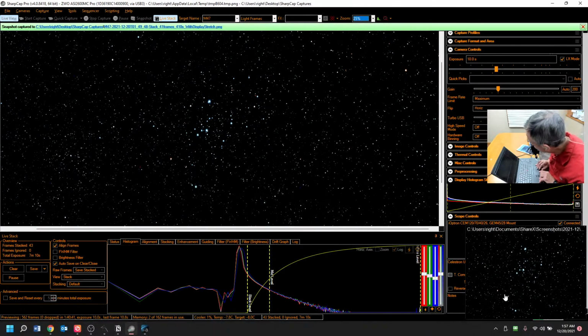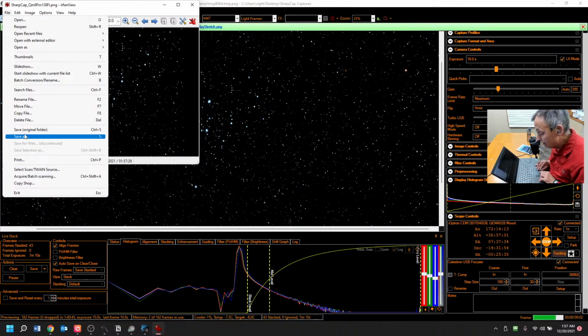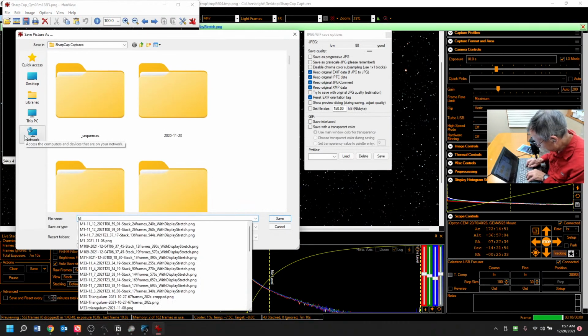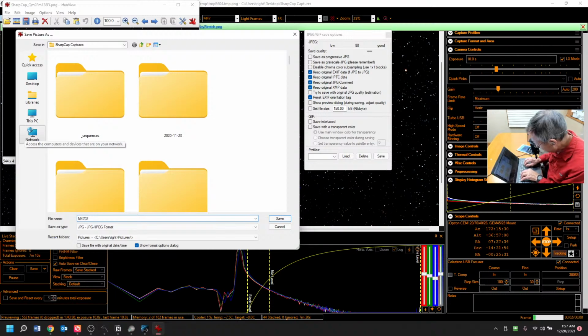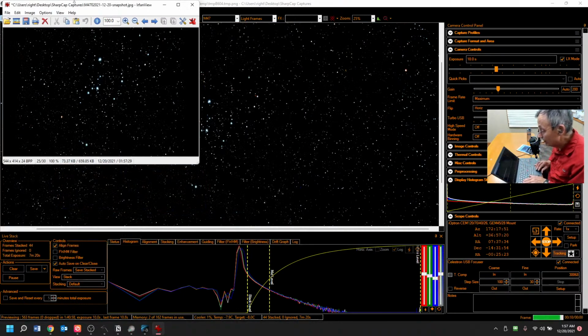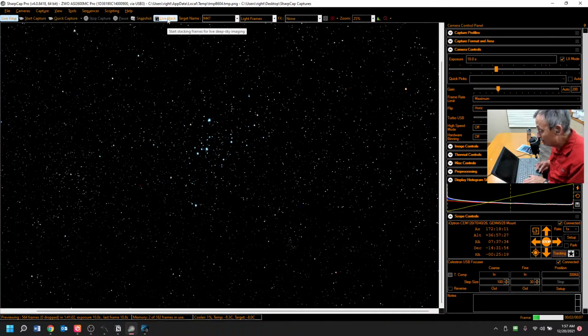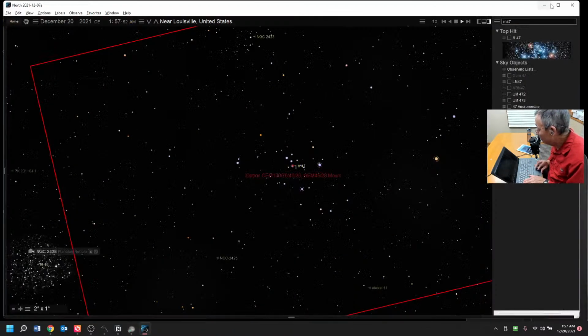There's this open cluster, M47. So this is M47 on 2021, 1220. And this is snapshot. I'll stop the live stacking and go back to,